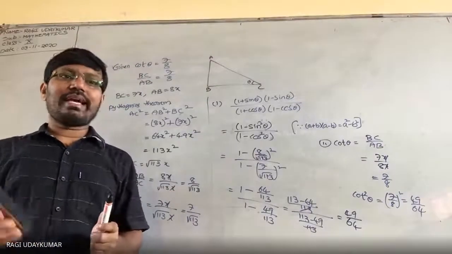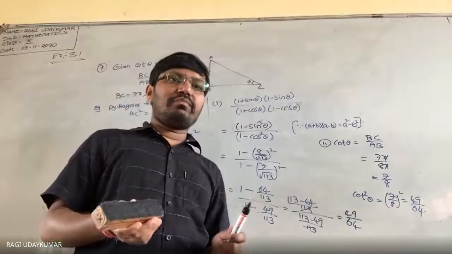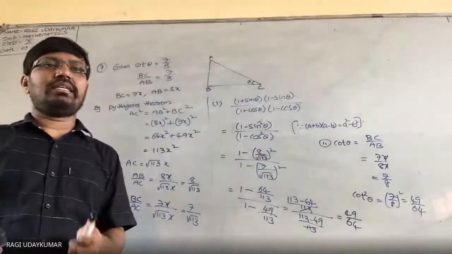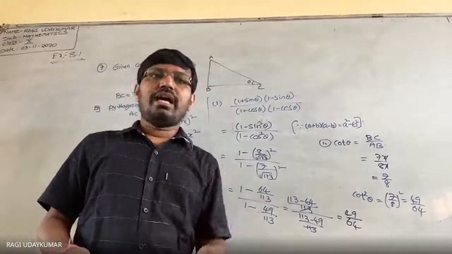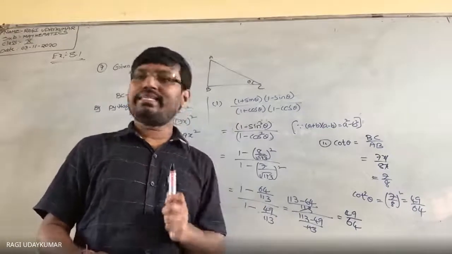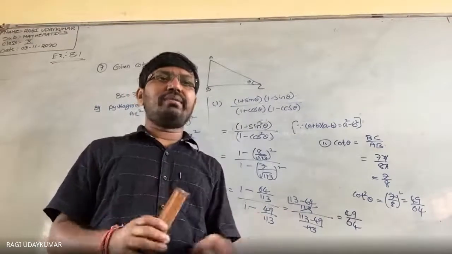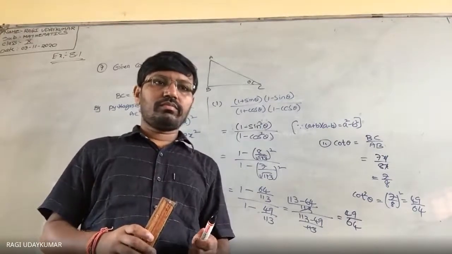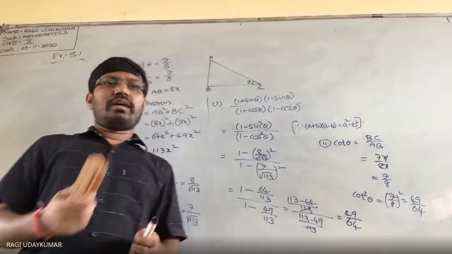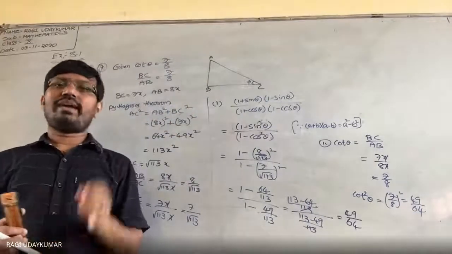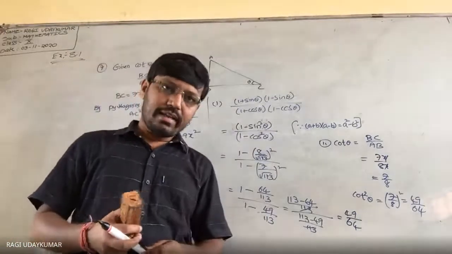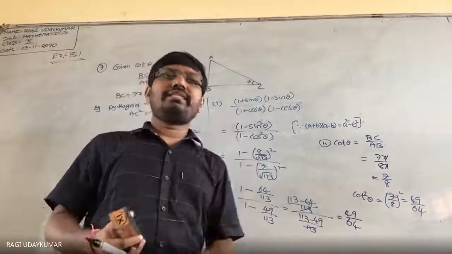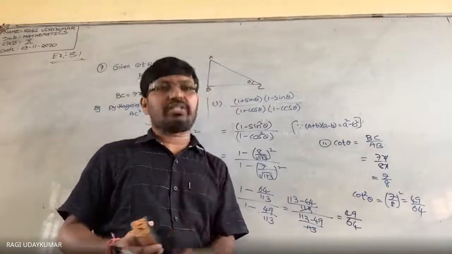Ninth, let us move. In a right angle triangle, tan A is equal to 1 by root 3 is given. Tan A is given, and sin A cos C plus cos A sin C, and cos A cos C minus sin A sin C are asked. You have to find out and simplify it. Nothing difficult in that problem. Do that one also as homework, the ninth problem. One trigonometric ratio is given and you find the other trigonometric ratios. The very difficult problems are the ones I am going to explain to you. Because these are all similar problems, that's why I am giving them to you as homework. You can do it.